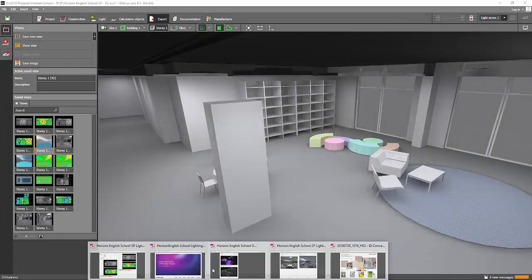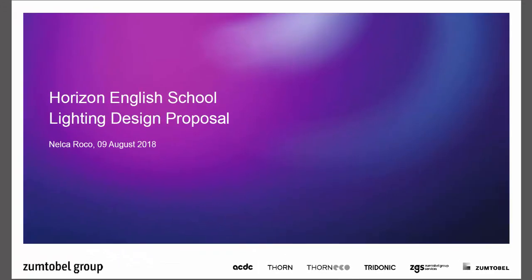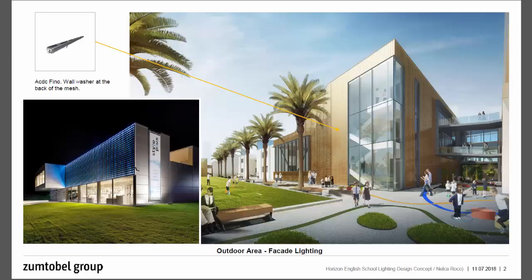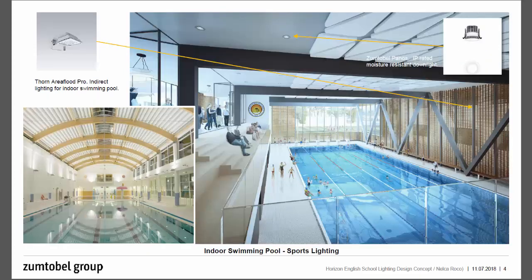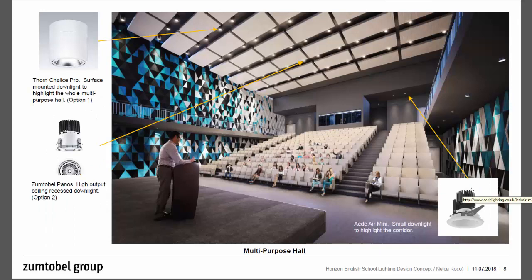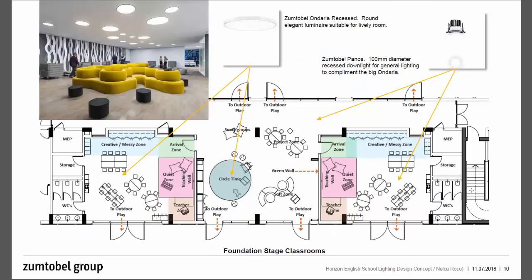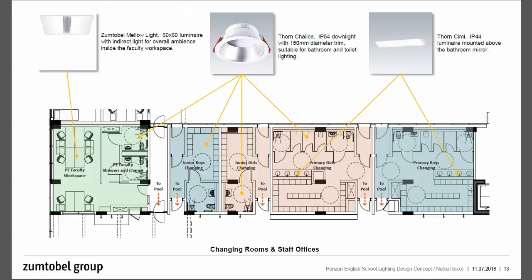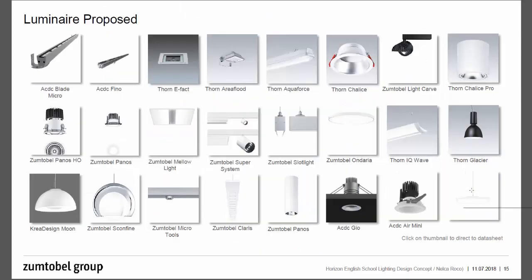Okay, so this is one of the projects that we collaborated on in Dubai before, and this is the Horizon English School. During the conceptual stage of the architect, we already coordinated with him. He had some images, but he didn't know which fitting or what exact fitting to use to achieve the lighting standard and, at the same time, the aesthetic value of the concept design. So we helped him achieve the goal from the very beginning, and I don't know what happened next because I left the company during its construction.